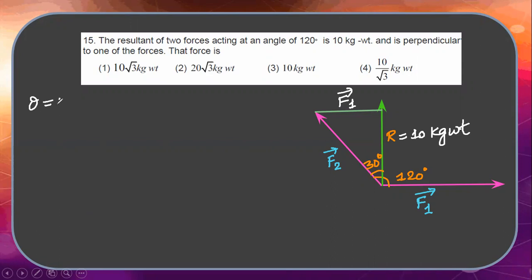First I am writing R is equal to 10 kg weight, and theta is equal to 30 degrees. Okay. Then tan theta is equal to,